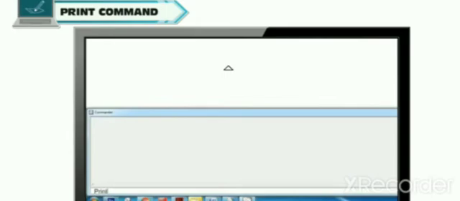Print command. The print command helps to print the result. It prints numbers, text and messages on the screen. Steps to print numbers are: type the print command in the input box, give a space and then enter the number and press the enter key to see the result. Let us take an example. Type the following commands and view the output: print 30, print 750. The output will appear.